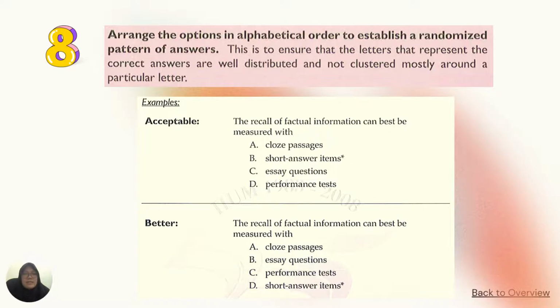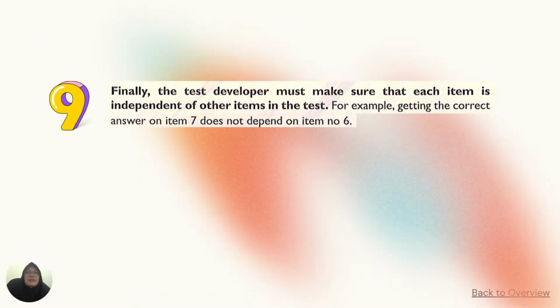So for example, the acceptable question: the recall of factual information can best be measured with what? Clues, passages, short answer items, essay question, and performance test. But it can be better by first: close passages, and then essay questions, and then performance tests, and short answer items, alphabetically. And the last but not least would be the test developer must make sure that each item is